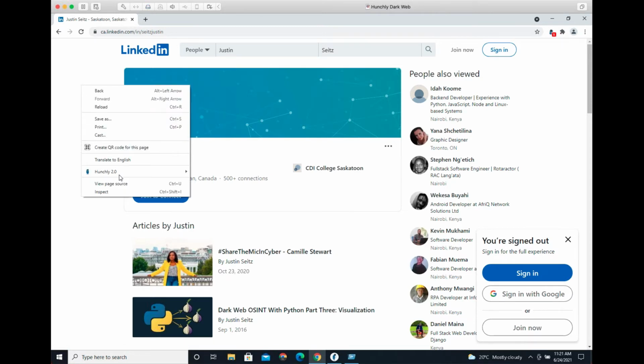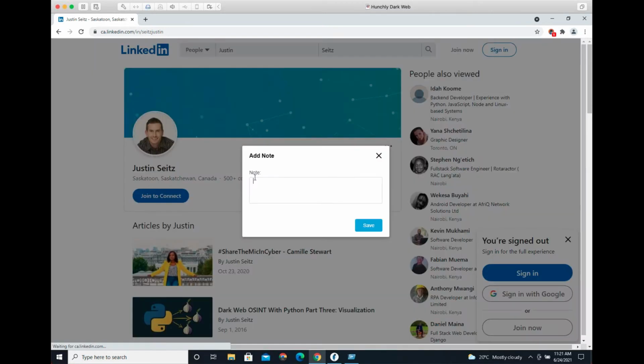So here's a LinkedIn profile. Now what I do is I right click, Hunchly 2, take note. That's going to pop this modal open where I can just enter some information. That's what these windows are called, by the way. They're called modals. If that's a weird term to you, they're just little HTML pop-ups, basically. All right, cool. So we can say Justin Seitz's